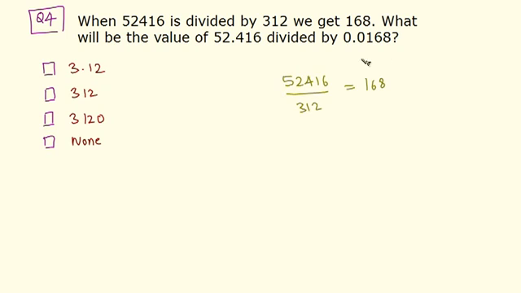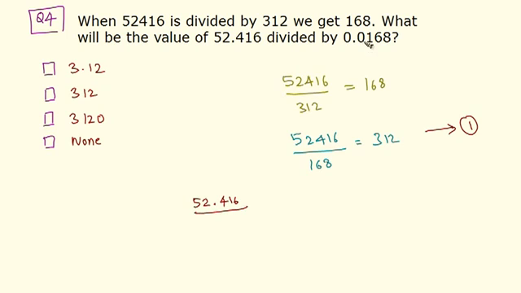Now what we have been given, we can modify that. We can write this thing as 52416 divided by 168 comes down, so we have 168, and this 312 goes up, so 312, and it doesn't change anything. Now let's name this equation 1. Now we have to find out 52.416 divided by